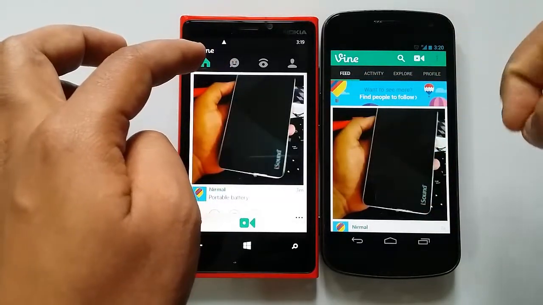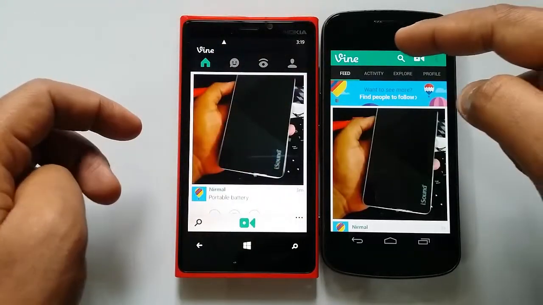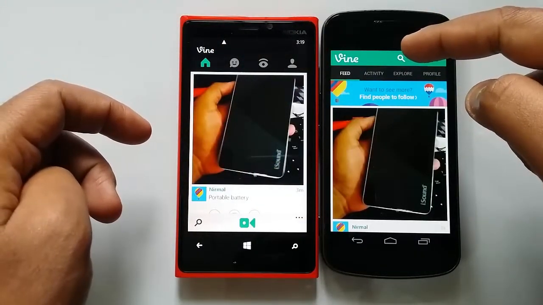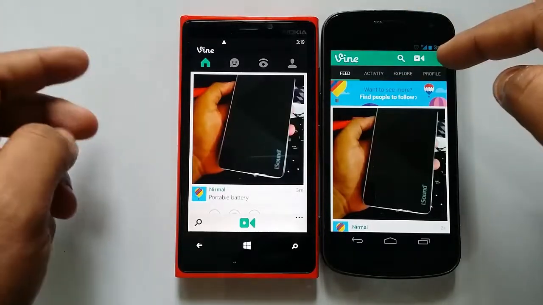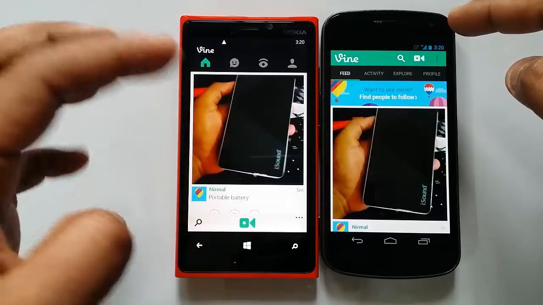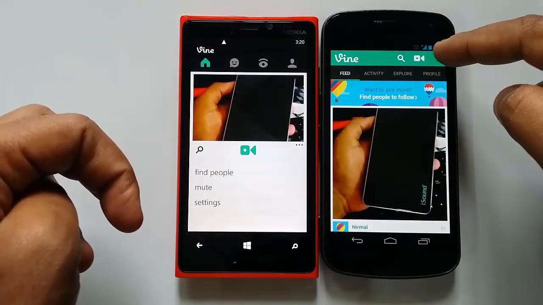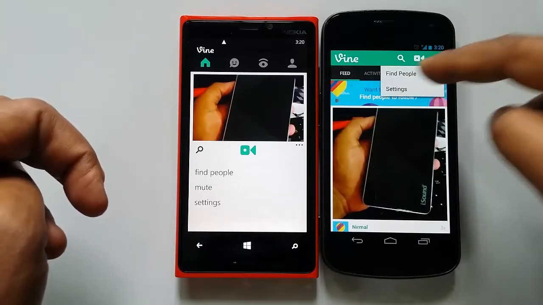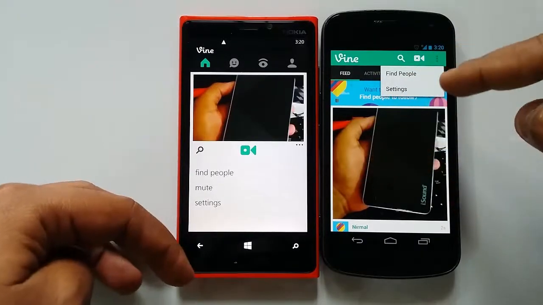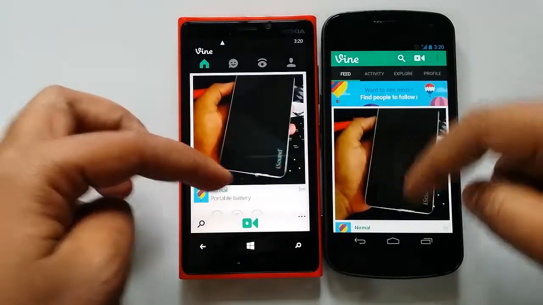This is the feed, the activities, explore, and the profile option. The option to create a new video as well as search people or videos are on the top for Android, while it's at the bottom on Windows phone. And also the settings are available on the bottom, while on Android you can view the settings from here. You can find people and do the settings from here. So those are the main changes. Apart from that, the rest are all similar.